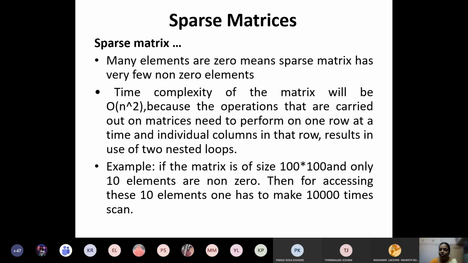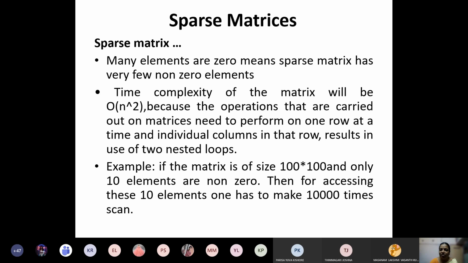Then accessing that many elements is time-consuming, and assigning memory space for them is also a waste.